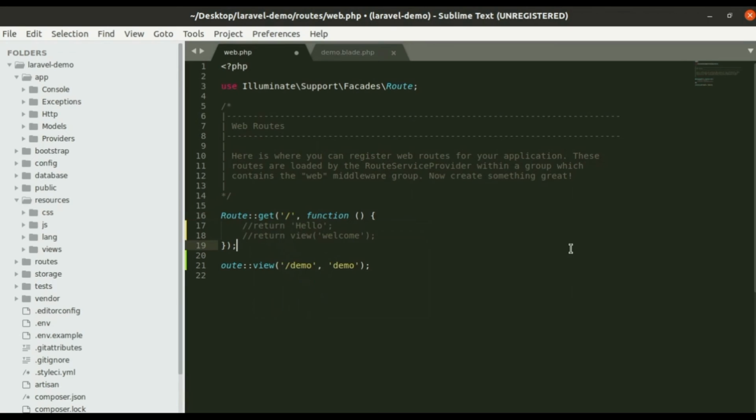So this command, Route::view, will load the demo view file. Here I am giving the URI demo-page.